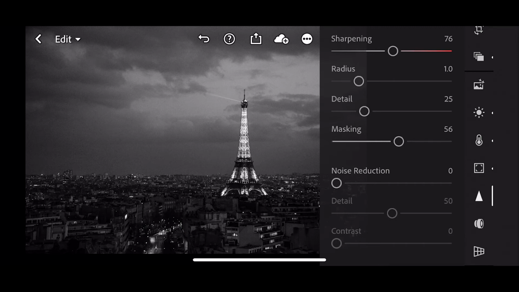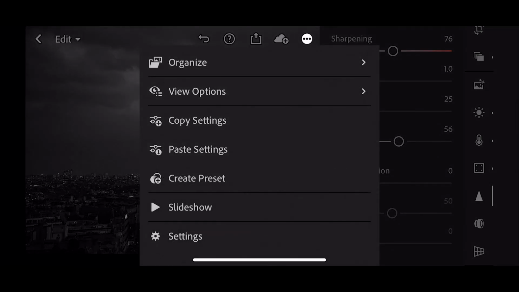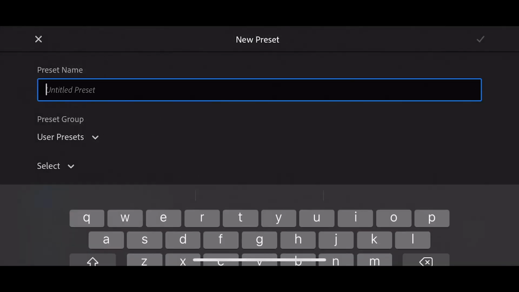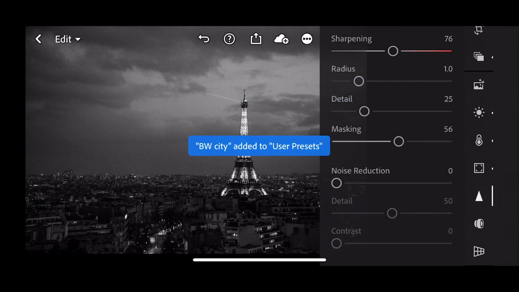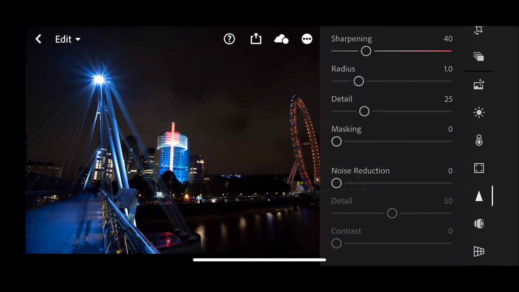Now we want to save that as a preset, so press the settings, the 3 dots at the top, create preset, give your preset a name. Let's call this black and white city. Press the tick, and now that's added to the user presets, and now we can apply that to any other